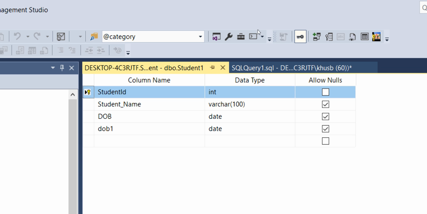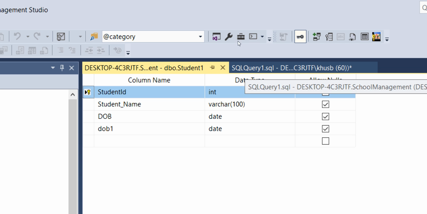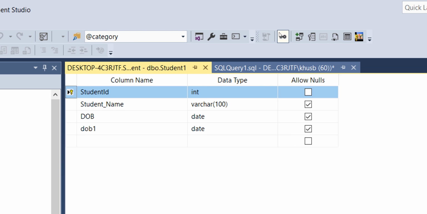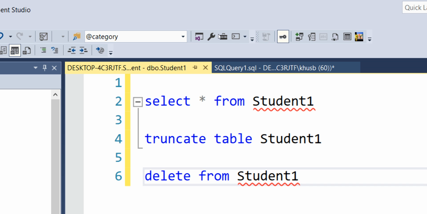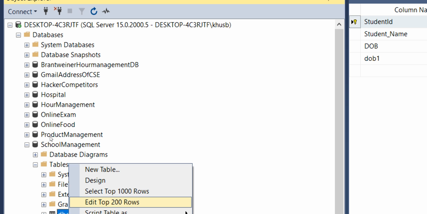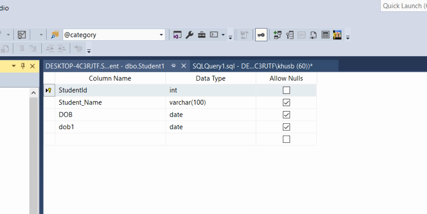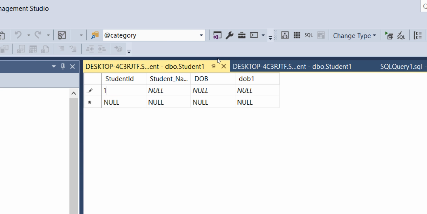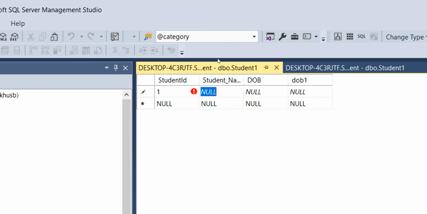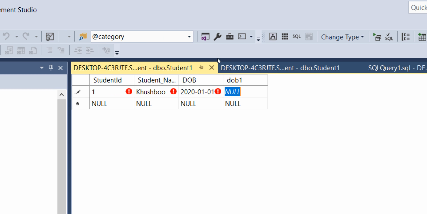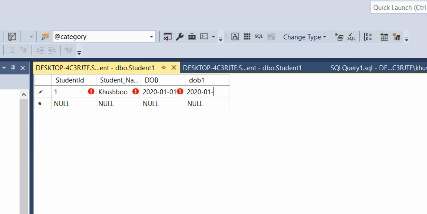We can do the same using a query, but we are going to look at that later. Okay, now let's add some more data to this student table. Again we need to right click on this and choose edit top 200 rows. It is going to show a window to edit some student details. So let's say student ID 1, student name is Khushbu, and we have some DOB values.